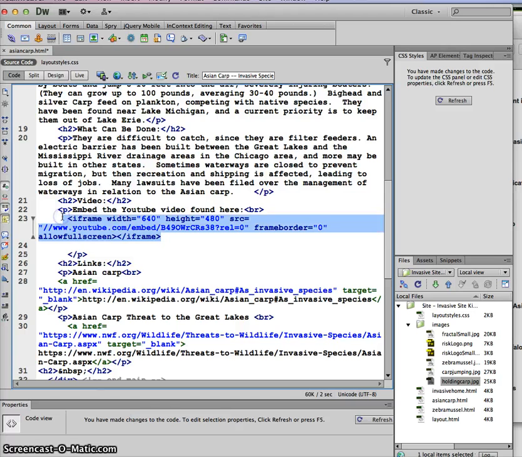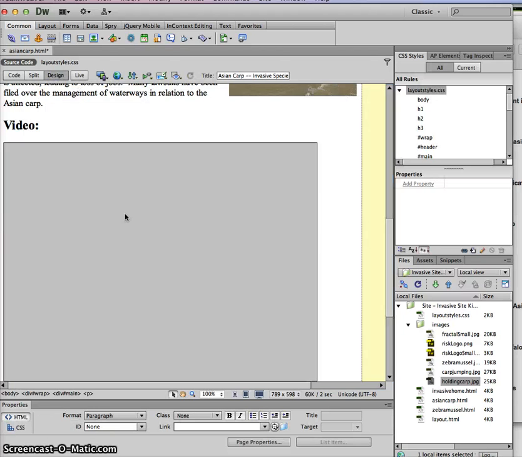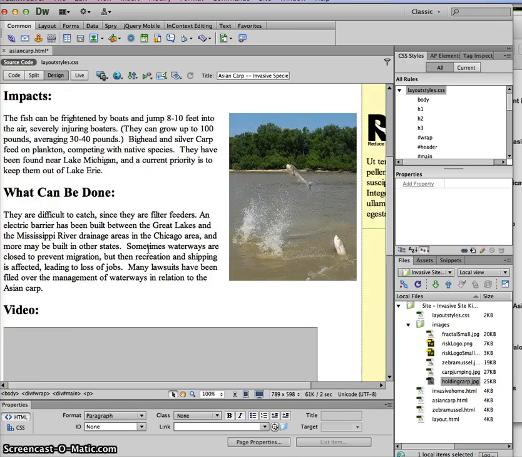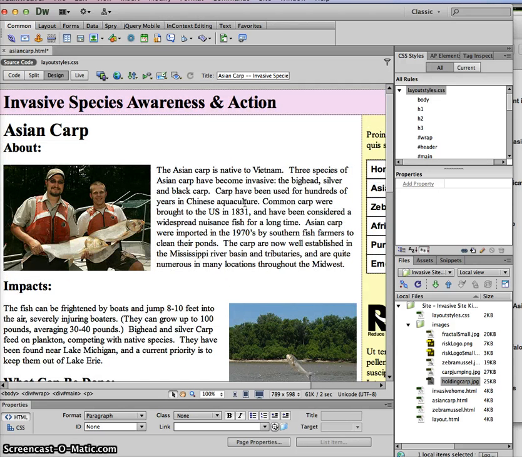Okay, so there it is right there after my line that says embed the video, which actually we don't want anymore either. That was just an instruction to you. Okay, so then there's my video. If you don't want it that big, you can get one of the other sizes. Okay, so then all the content's in there,